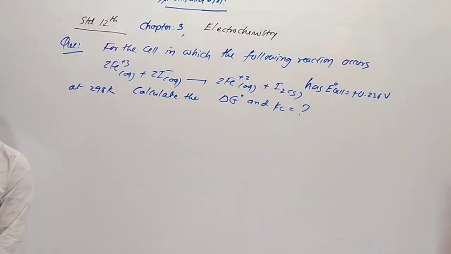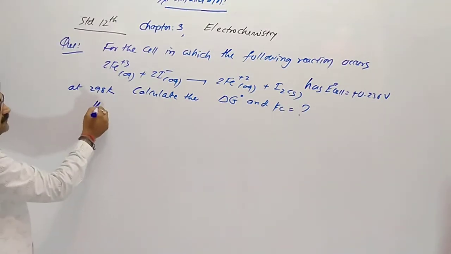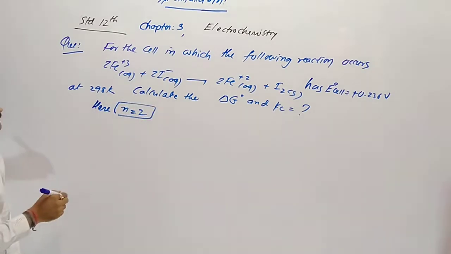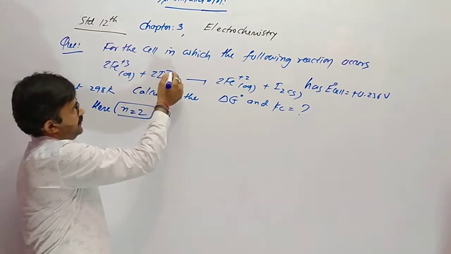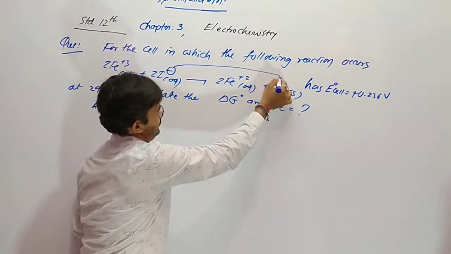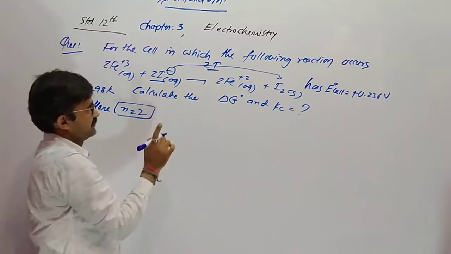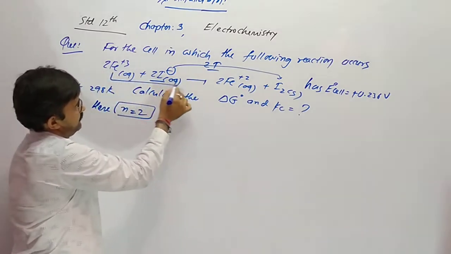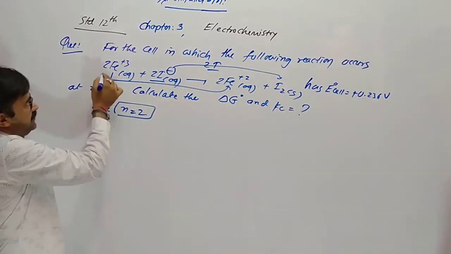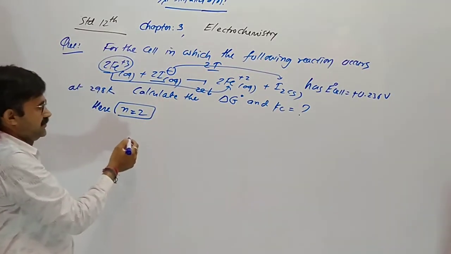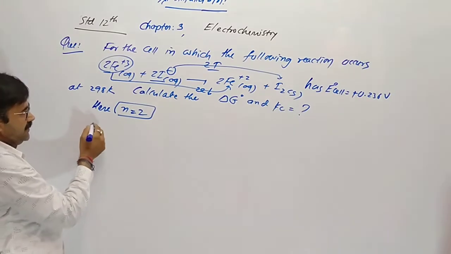Understood? Here, first of all, n is equal to 2. 1 I⁻ loses 1 electron, so 2 I⁻ lose 2 electrons. 1 Fe³⁺ gains 1 electron, so 2 Fe³⁺ gain 2 electrons. So n is equal to 2. And we know